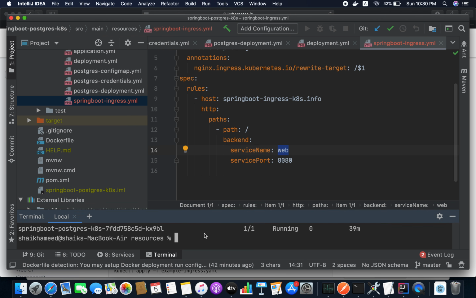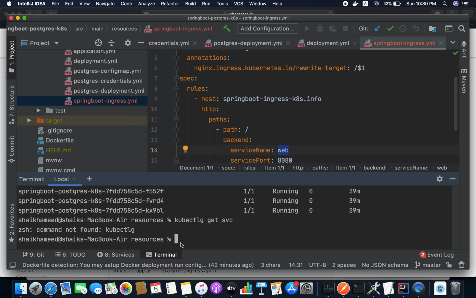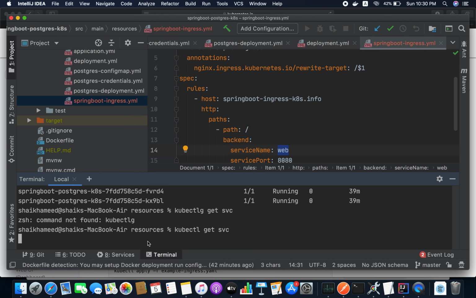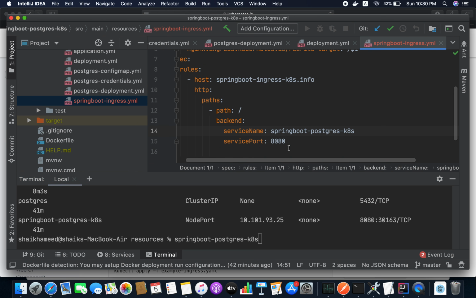This service name, so I'm going to define my service name. kubectl get svc, sorry, so this is my service name, guys. So I'm going to take the service name, which is going to listen on this service port 8080.